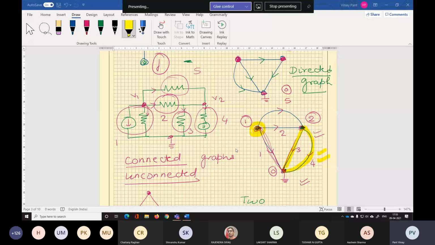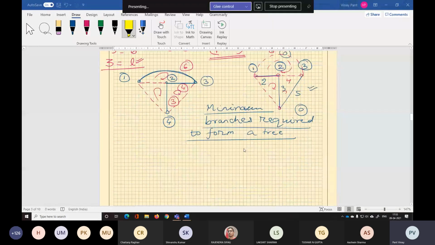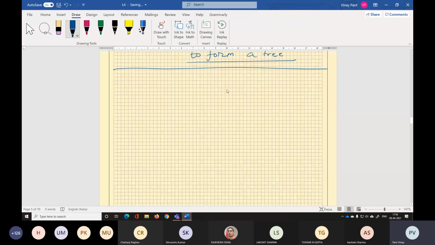Next. Let us move ahead now. So we have done trees, we have done links, and we have done everything. Now we start with something very interesting. Now we come back to our directed graph. Let this be the graph of any network. Let's not worry about the network. This is 1, this is 2, this is 3, and this is a directed graph. Now we will be dealing with directed graphs.